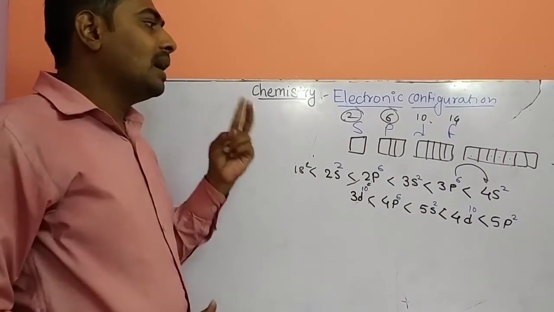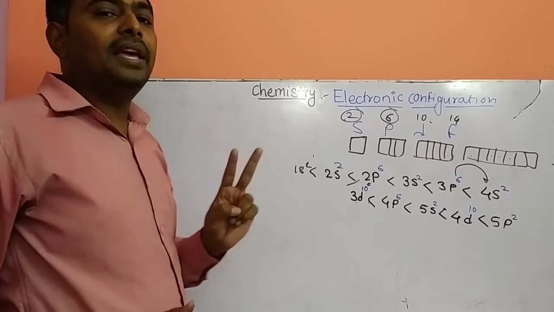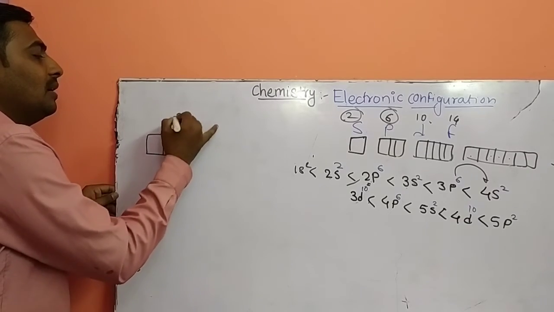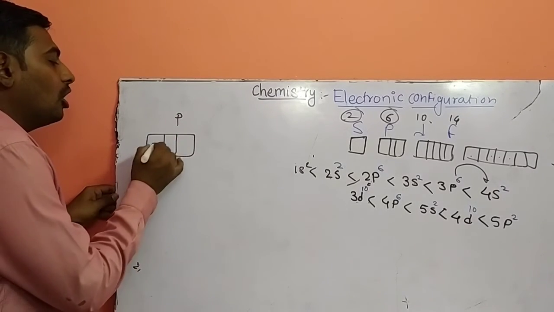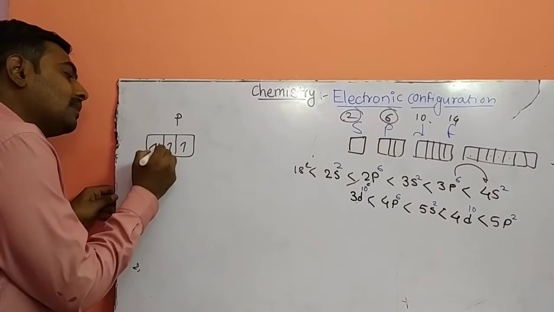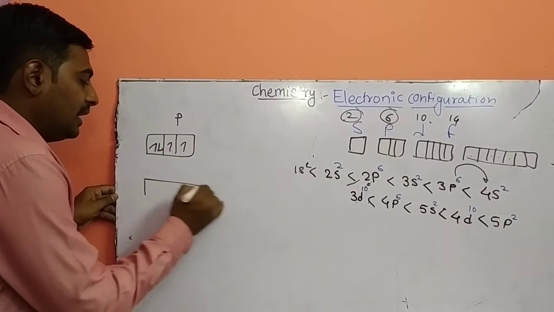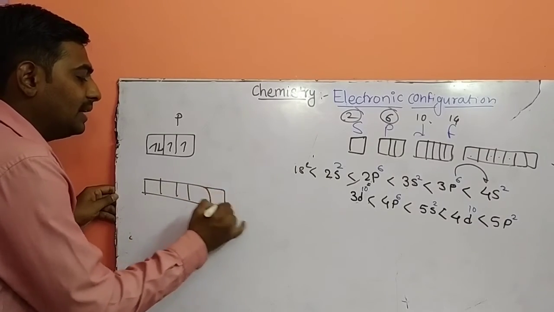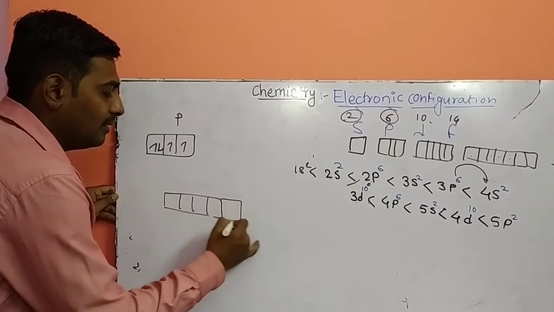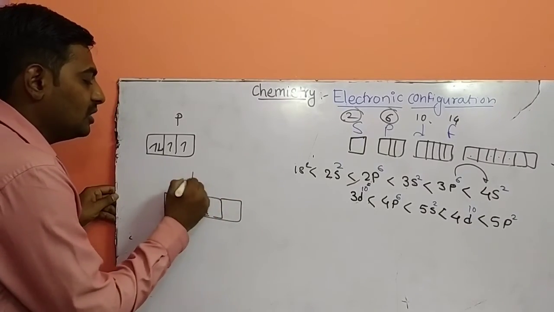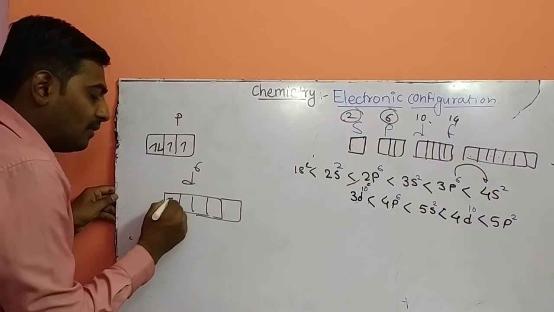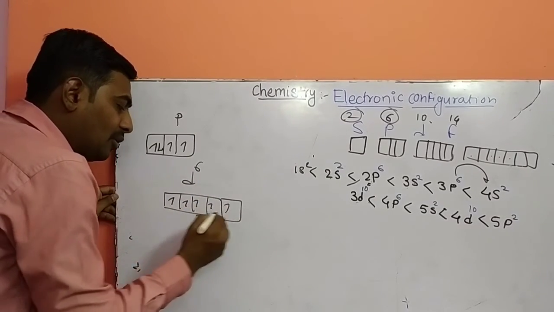So very simple. And the second rule which we have studied is pairing of electrons. If this is a p orbital, pairing of electrons will start when all orbitals are half filled. If this is half filled, after that we have to start pairing of electrons. 3d6, how can we write 3d6? The d orbital has 5 suborbitals, 1, 2, 3, 4, 5. So if you have to write d6, it will be 1, 2, 3, 4, 5, and then 6.